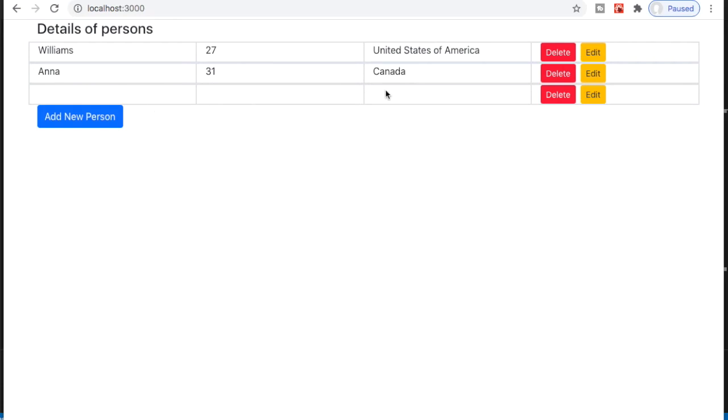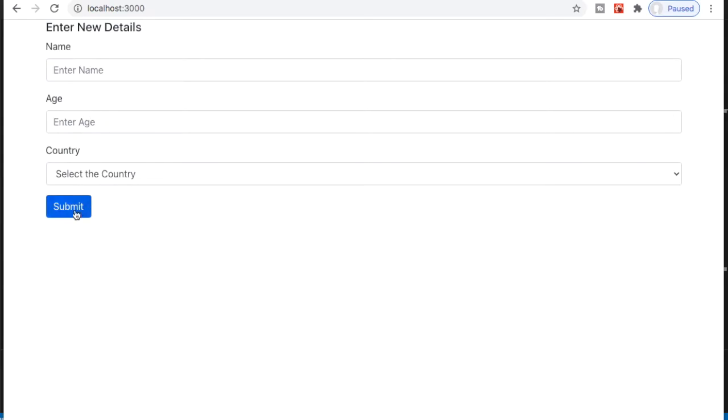So what we want to do is to prevent such a thing and ensure that all these fields get validated when the submit button is clicked. And if there is no error, then the submit action goes through. Otherwise, we display those error messages below those fields. So how do we do that?